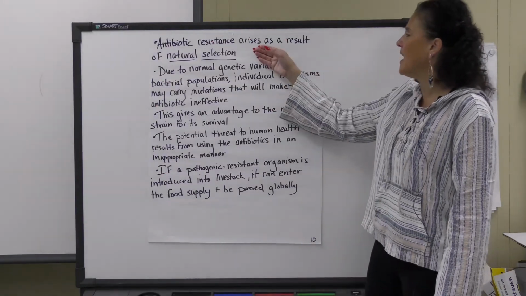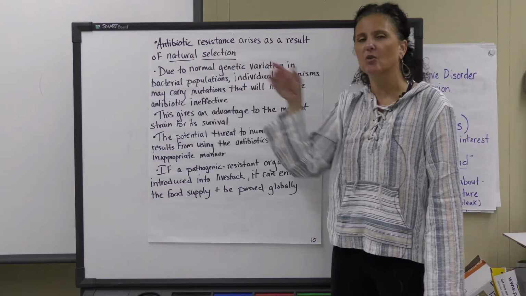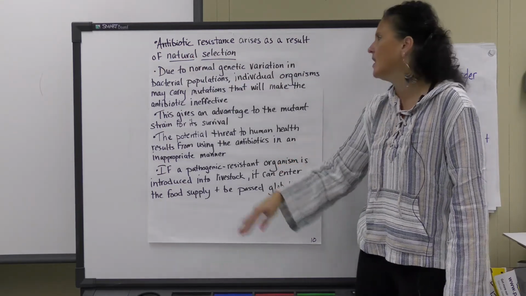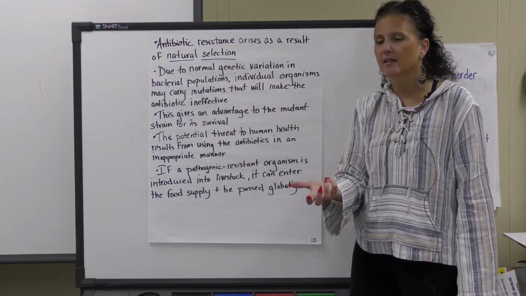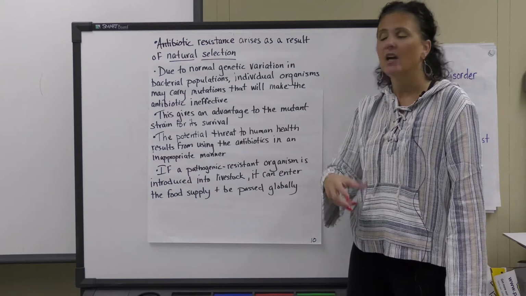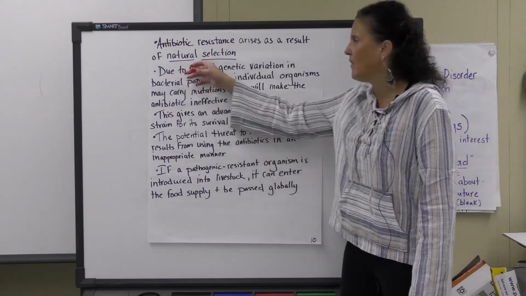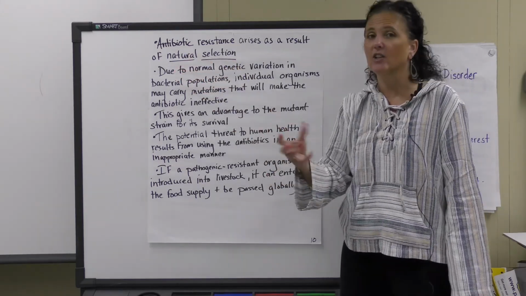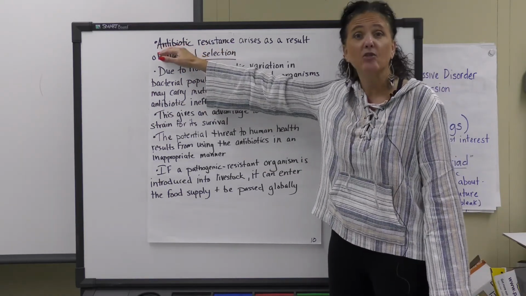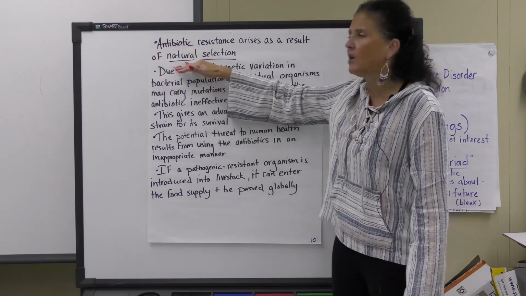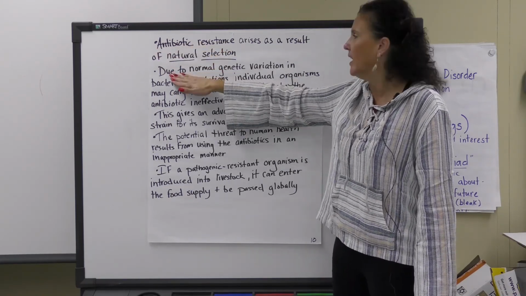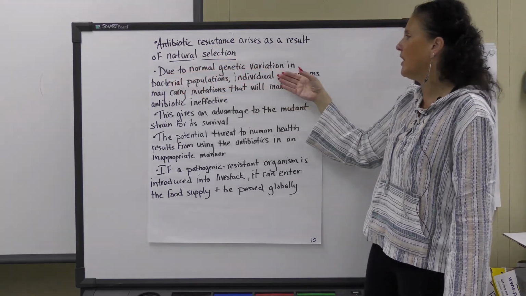Antibiotic resistance arises as a result of natural selection. We talked about that a little bit with the Bt corn and the monarch butterflies. You have all of these antibiotics, and the bacteria don't want to die either. Anything that's alive doesn't want to die. So we have natural selection, meaning survival of the fittest. That bacteria is going to change to avoid being killed by this antibiotic. That's natural selection. Only the strongest will survive. Only those that have the most resistance are going to live. So due to normal genetic variation in these bacteria,